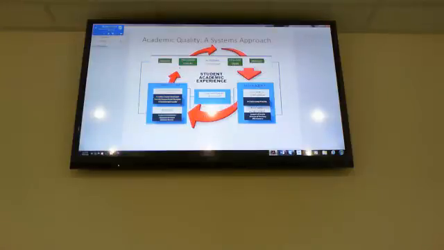I think the orientation of the students and teaching